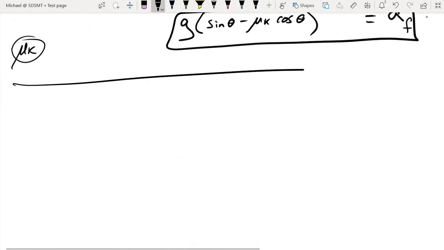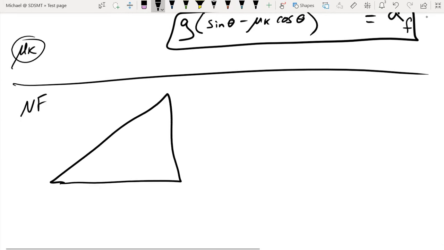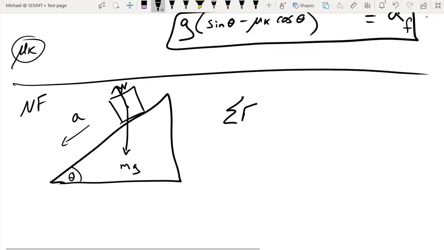So now to the non-friction case, and this time I'll actually do a non-friction case. Now as far as the pig is concerned, everything about the forces is the same, except there's no friction force. We're still expecting the pig to slide downhill. We have the same normal force, we have the same weight, we have the same theta value. So when it comes to figuring out the sum of forces for the pig